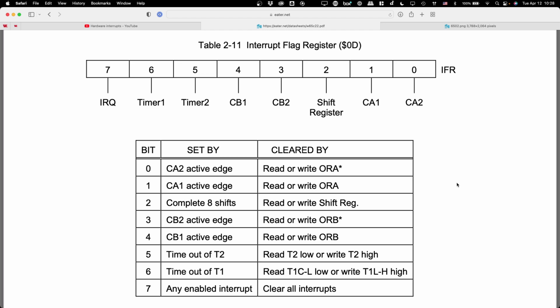So let me go back to the schematic for just a second. Well, actually, no. There's these peripheral lines, right? So we've got the A lines. There's 8 of them, excuse me. And the B lines. There's 8 of those, right? On the 6522. Okay, so there is a little internal